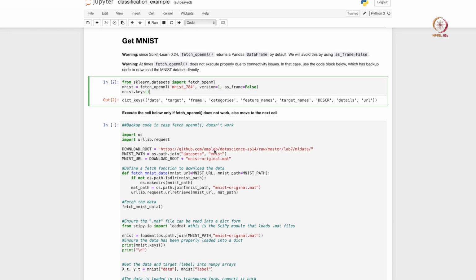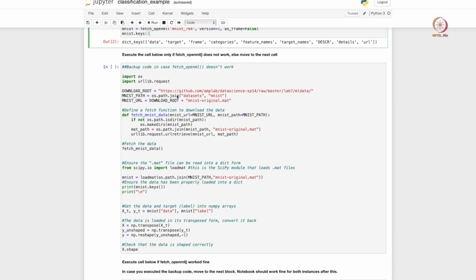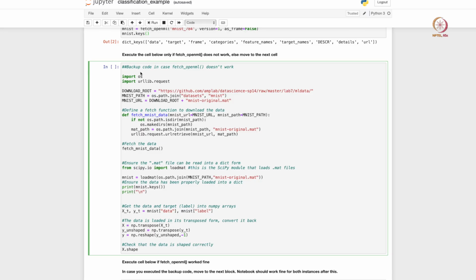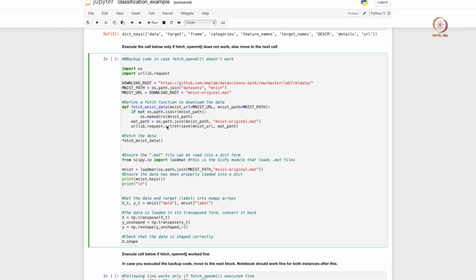In case you try executing the second block, the fetch_openml block, and it fails, you can use this backup cell that I have written here. This directly fetches your MNIST dataset from a well-known available website. It's basically from a GitHub repository.